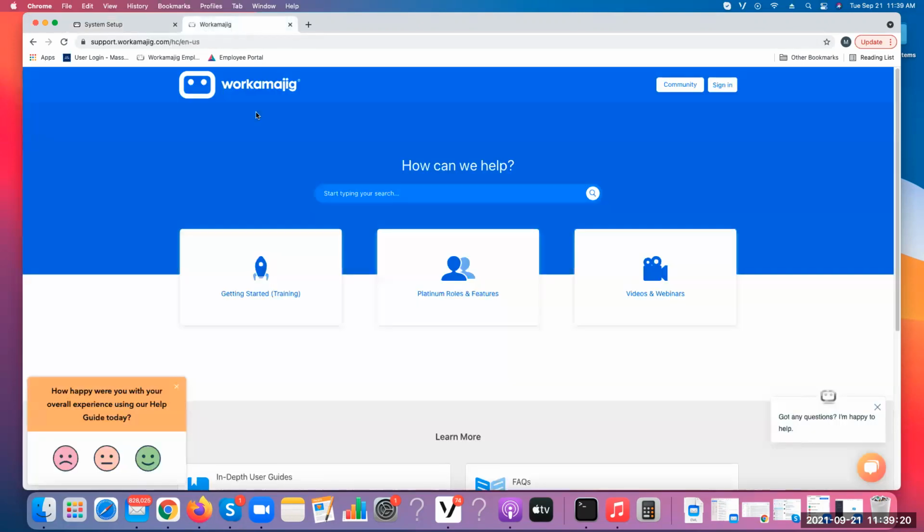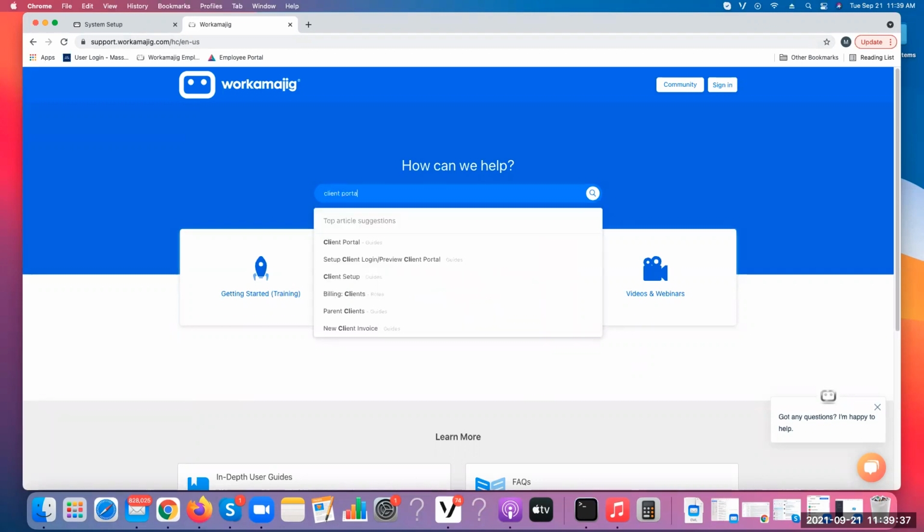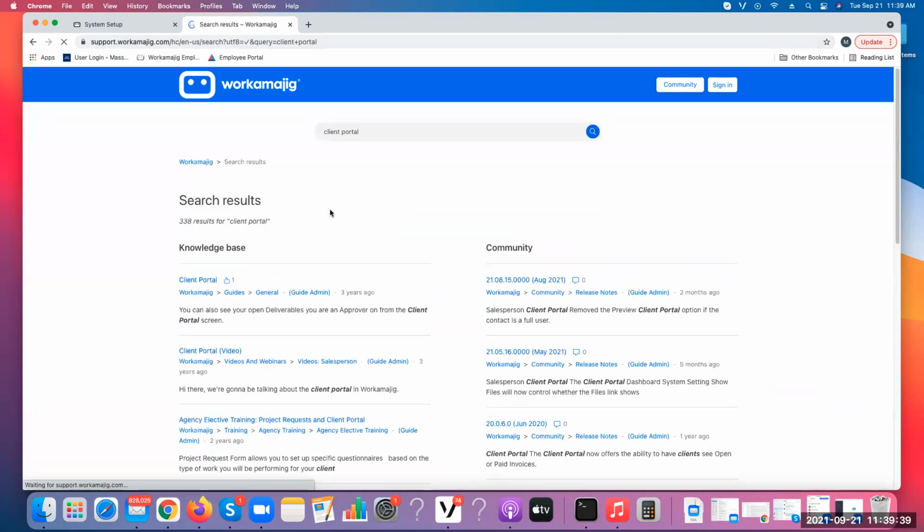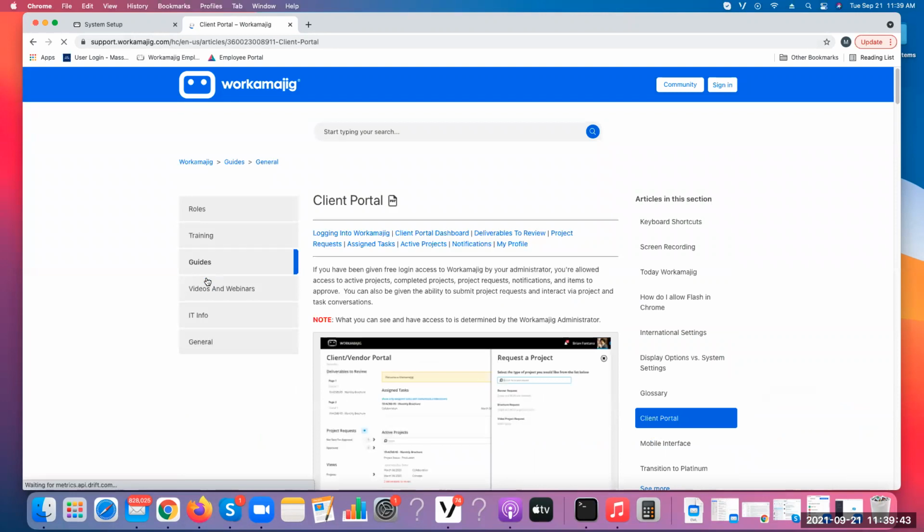And I've already gone in, and it's just support.workamajig.com. So if you just type that into any open browser, you'll come to this main menu. It's trying to ask if we're happy today. We're going to close that. And then you just search Client Portal. So two words, Client Portal. And then once you search that, the top search here, if you click on that,